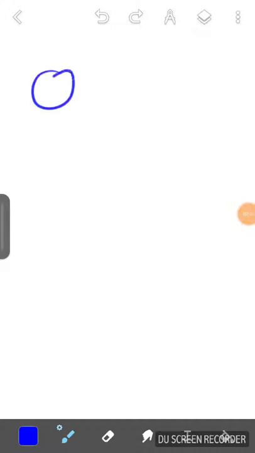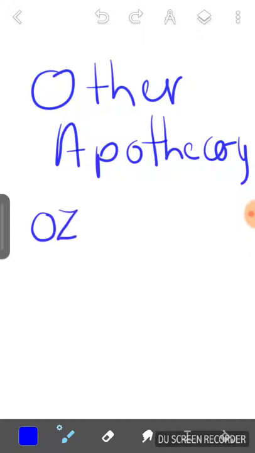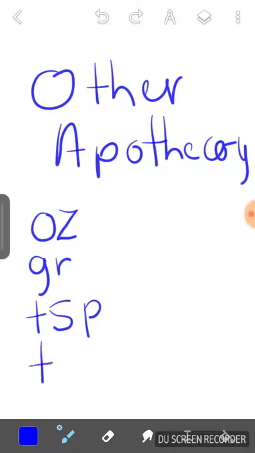So, other apothecary units that should be written in fractions would be ounces, grains, teaspoons, tablets,